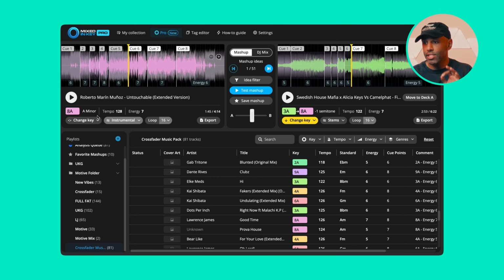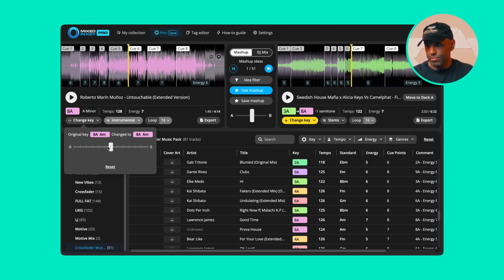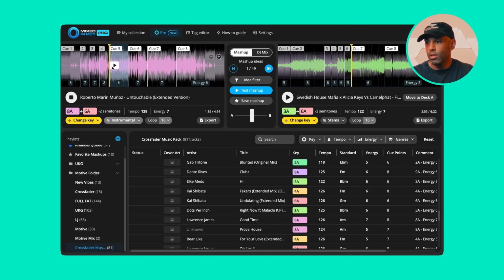The next part is this change key. This is a new feature as well. As you can see, as it's in mashup mode and we're testing mashups, it's adjusting keys on the fly. So this is moved from 3A to 8A, so it sounds better as a mashup. But the good thing is if we change this key, let's say we just move this from 8A to 6A, we want to,